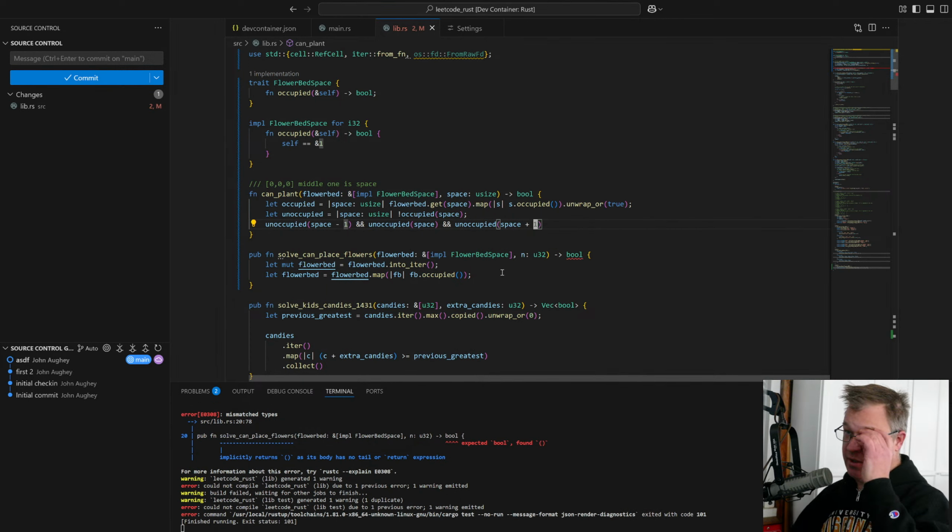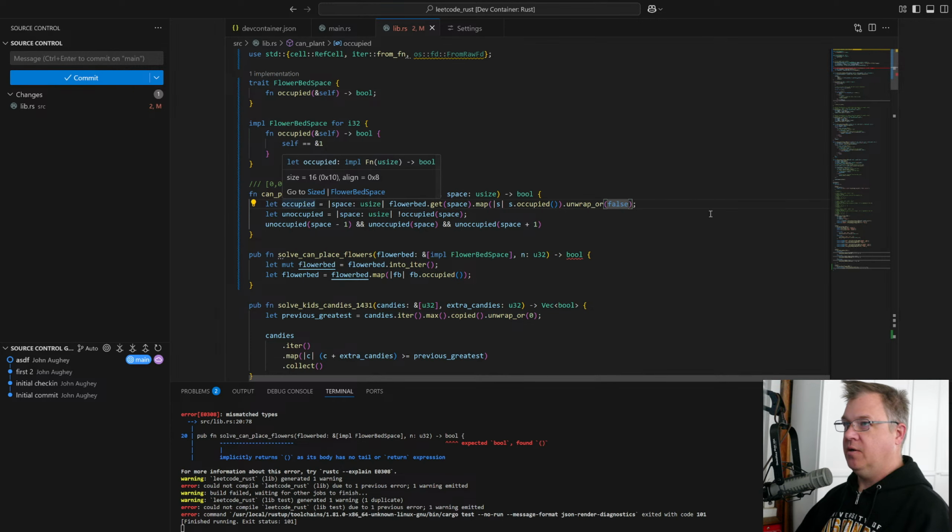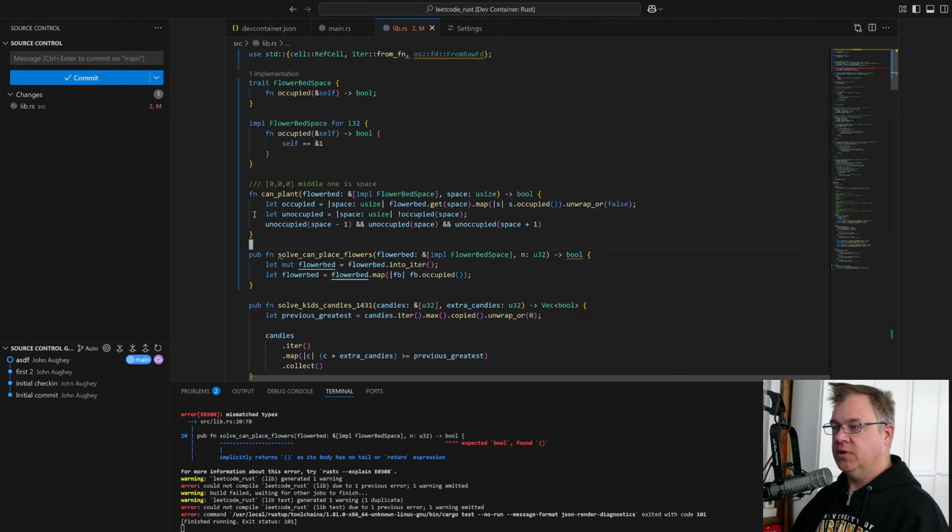There we go. And actually that's going to be false here because if we're out of bounds, it's not occupied. I don't know if that's true, but I think it is. So this is creating an internal function that is going to return if it's occupied.